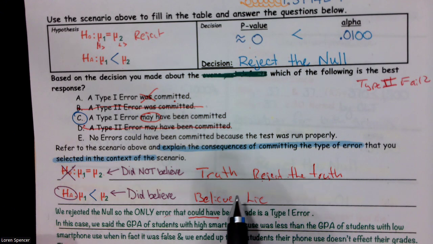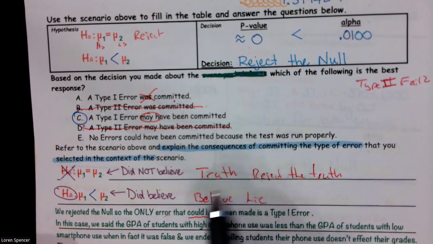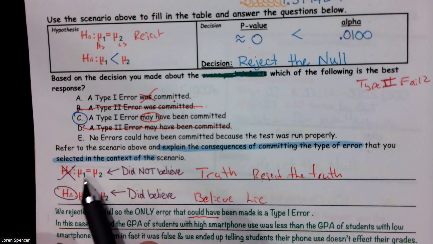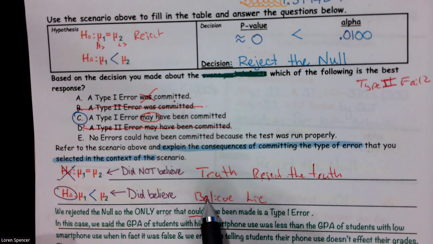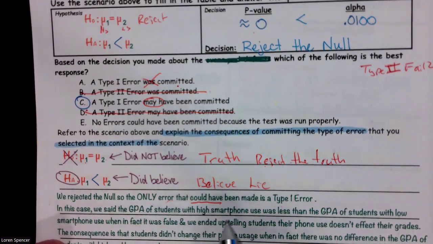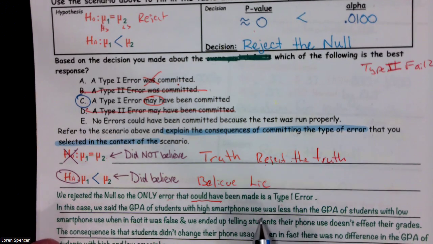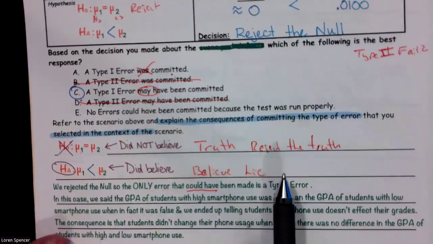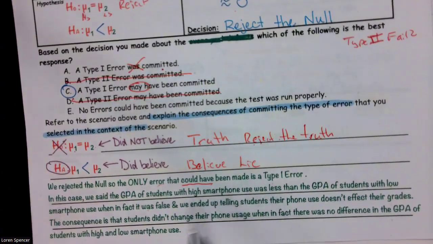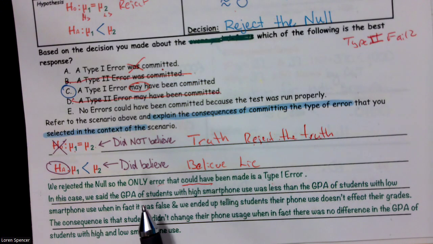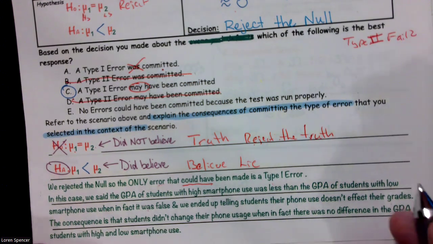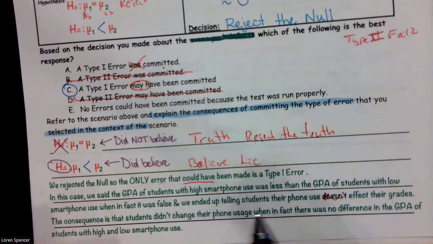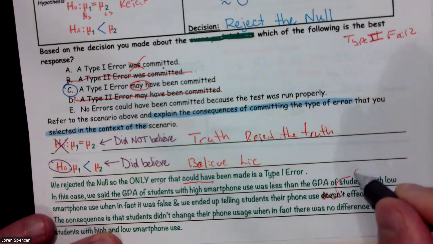So what we did is we said, hey, this was the truth. The truth is there is no difference in GPA, but we believe that there is. In this case, we say the GPA of the students with high smartphone usage was less than that of students with low smartphone use, when in fact that was wrong. It was false. And we ended up telling students their phone does affect their grades,